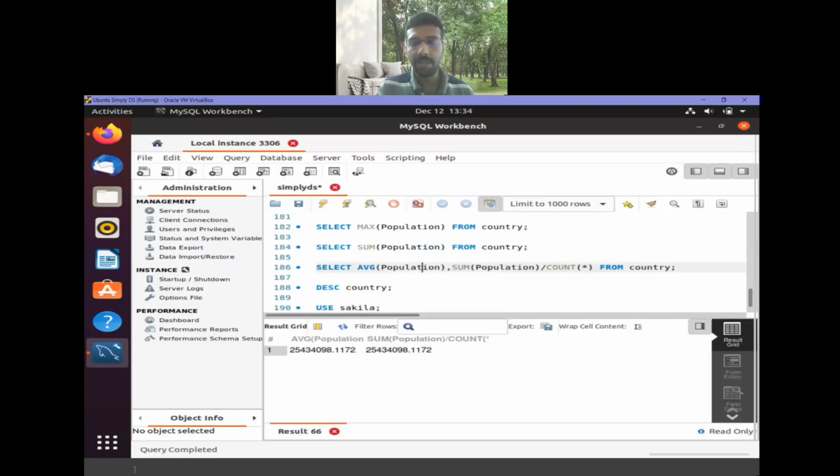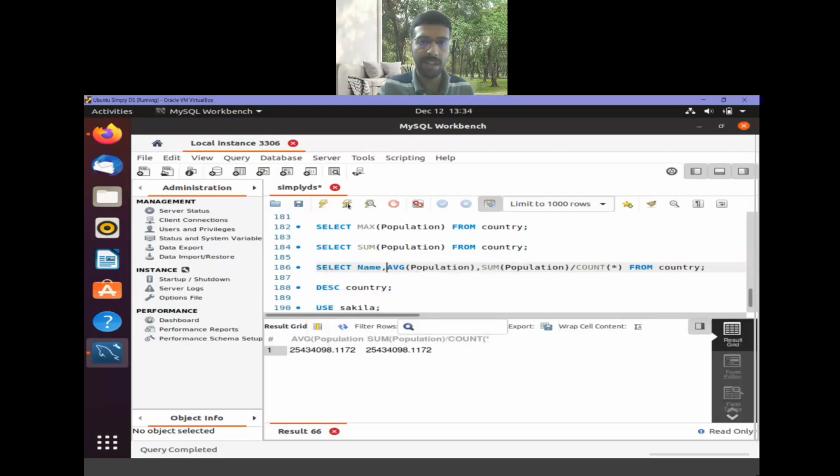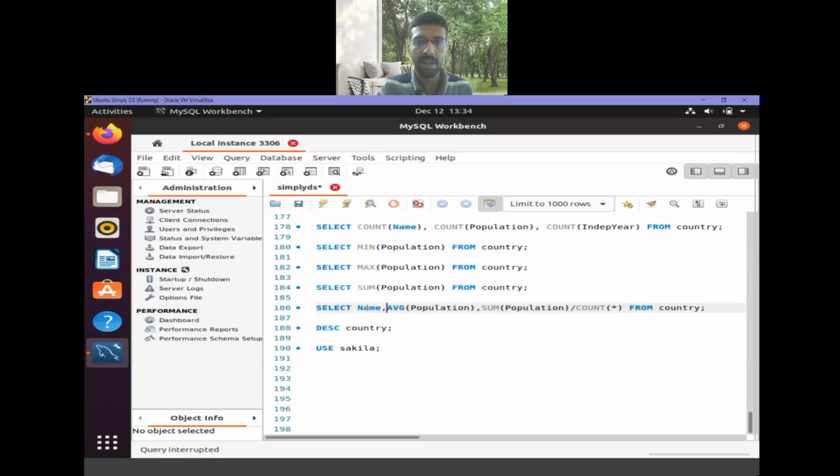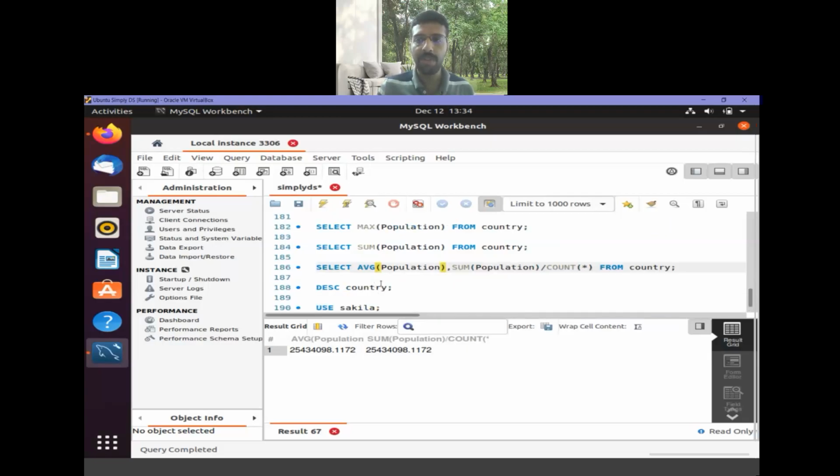So that way you can see, similar to the arithmetic operations we did with columns, we can do the corresponding thing with aggregate columns as well. But one thing is, I cannot mix aggregate and the normal column, like name and average aggregate, I cannot mix. That will give me an error. So that is one thing. Aggregation is basically clubbing our data based on some particular conditions. In that we can club only based on some aggregate columns. We cannot go back to our previous setup where we had individual column entries.